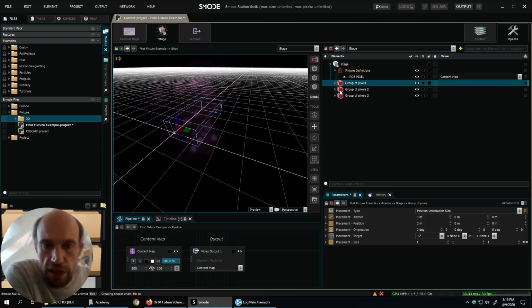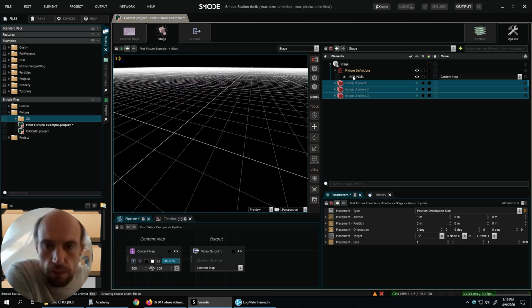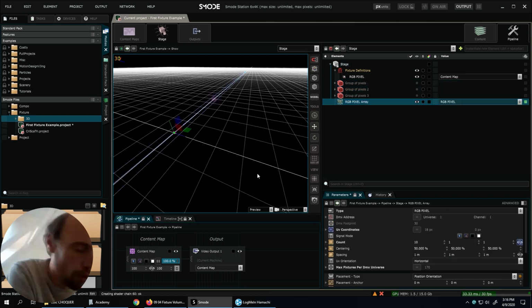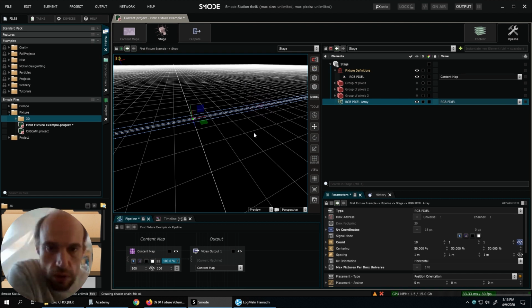Here I showed pixels that you created one by one, but it's also possible to instantiate several pixels at once using the count parameters. So if I use only one coordinate, it will be equivalent to, so now we have a very large spacing, 1 meter between every pixel. So let's make this lower.